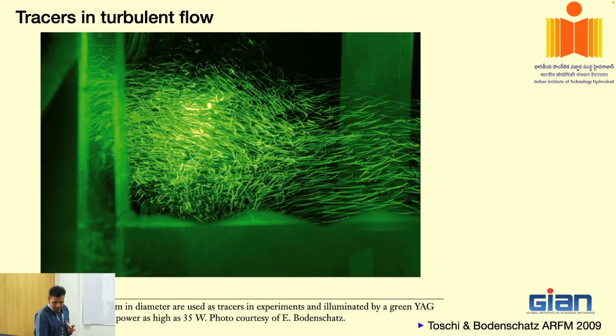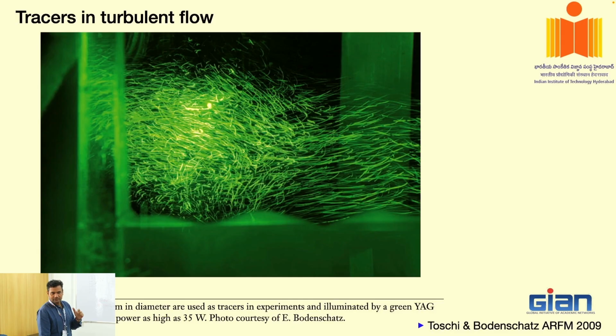Now, this we had already seen, and this is how you do the tracking of Lagrangian particles. You have polystyrene spheres of 25 micrometers, which is very small. If you put them in the flow, they will try to follow the streamlines. Of course, they will not follow exactly, but since they are very small, we can assume that they will be like a tracer. Then you put them under a laser sheet, look at the reflection, and from there you try to extract the velocity field in the flow. Once you have that, this is again Lagrangian information, and from there you try to get the information.